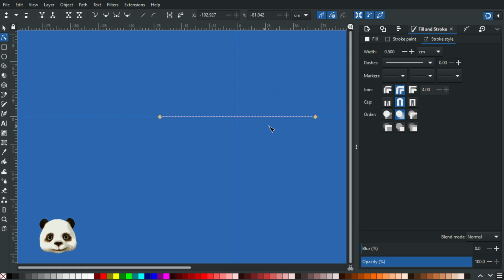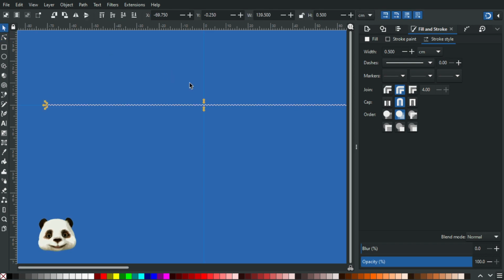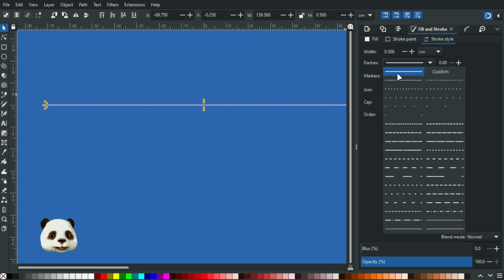Well, it looks centered. Anyway, we want to make this into something custom, right? So select it. And let's see, we can choose